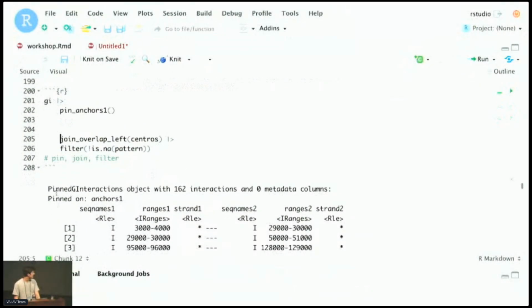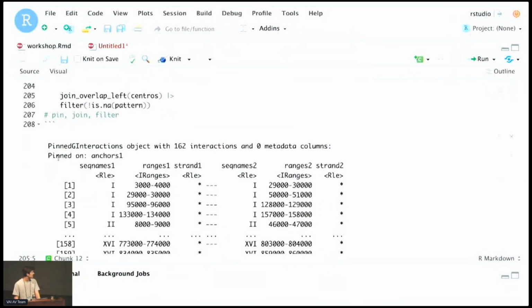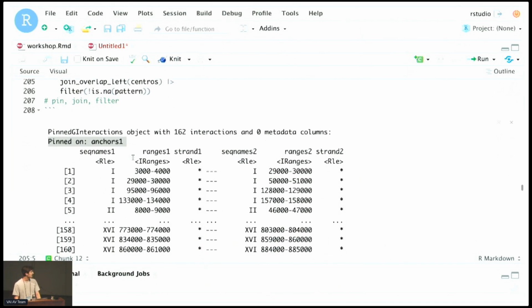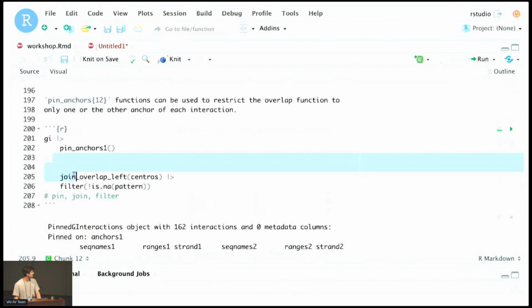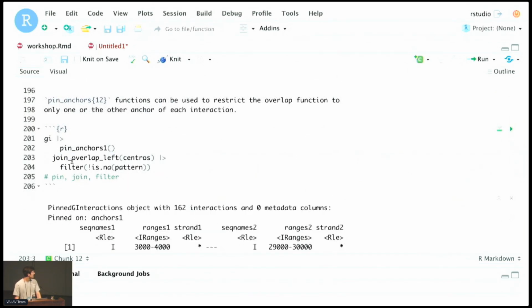This only wraps the genomic interactions into a pinned genomic interactions object, indicating that it's pinned on anchor 1. So for now, we haven't changed anything in the data, except we've added this information that it is pinned on anchor 1. And so when we do the full operation with the join overlap left centros,